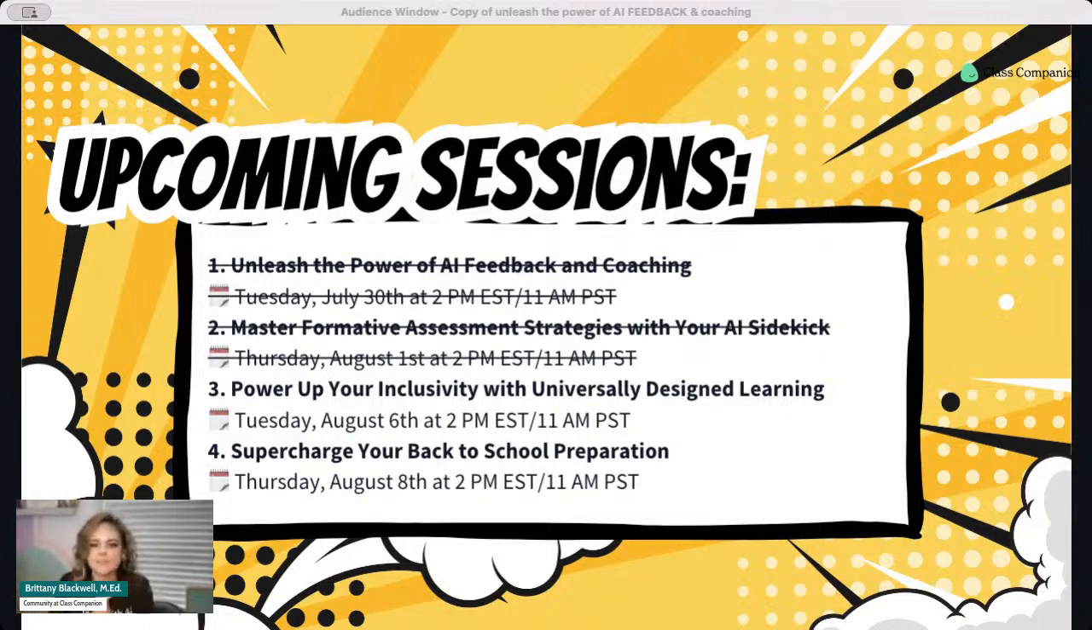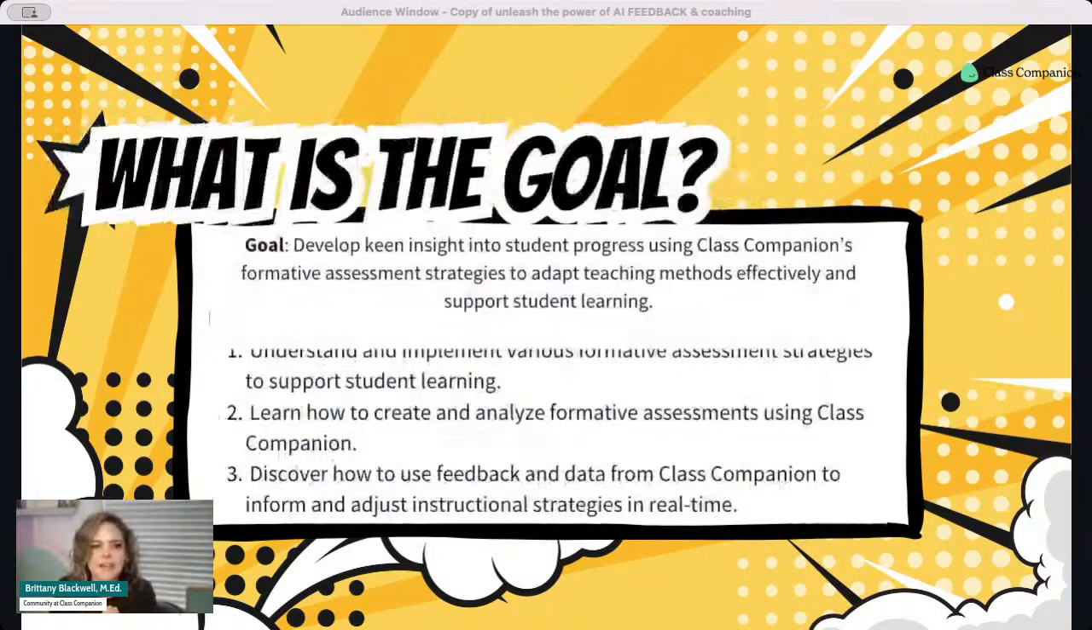So today, I've got a little bit of a snafu here. Today's session, what we really want to do is learn how Class Companion can not only grade effectively for those summative assessments, but also how we can utilize this in the formative stages of learning and development. Our goal today is to develop insight into student progress using formative assessment strategies. We're also going to talk about implementing different strategies, learning how to create them, use them effectively inside of Class Companion, and then discover how to use this feedback and data to then inform and adjust our instruction in the